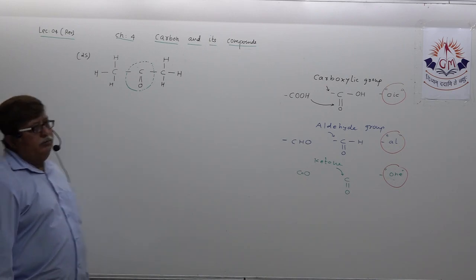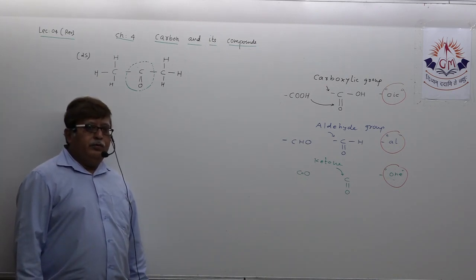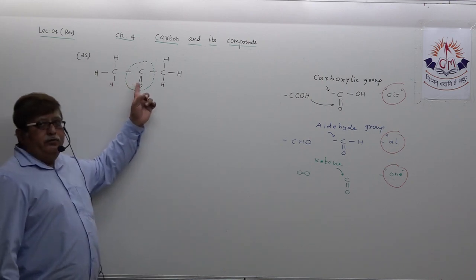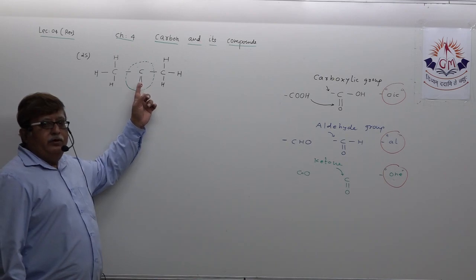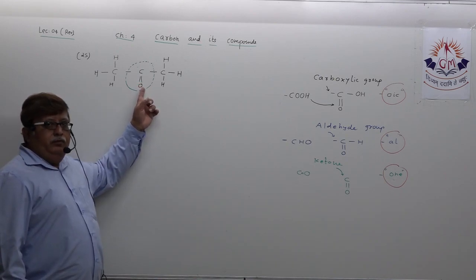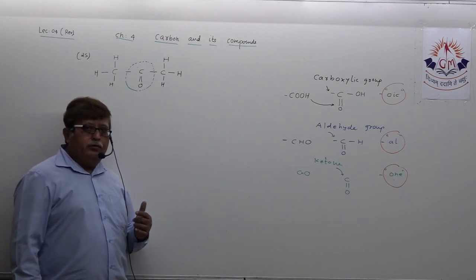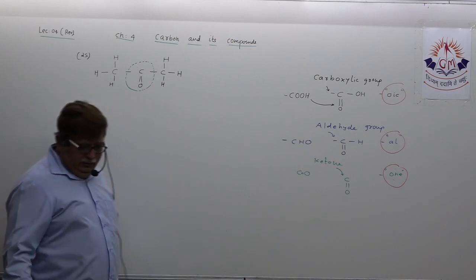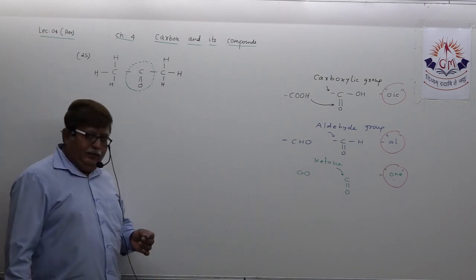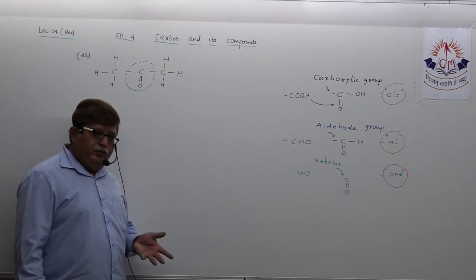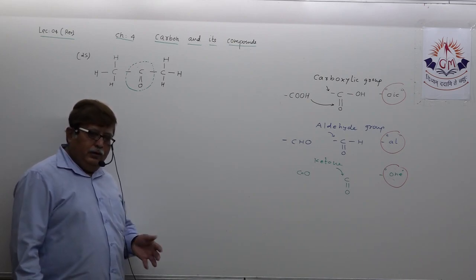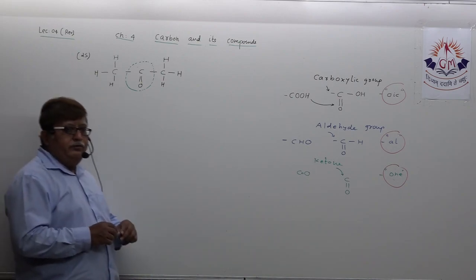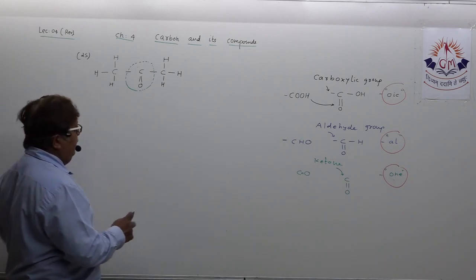Now you count the number of carbon atoms. 3 carbon atoms. See, the carbon atom present in the functional group is also to be counted in naming the organic compound. So 3. Understood? 3 carbon atoms, that means, as you all know, 3 means propane. ONE suffix has to be added.